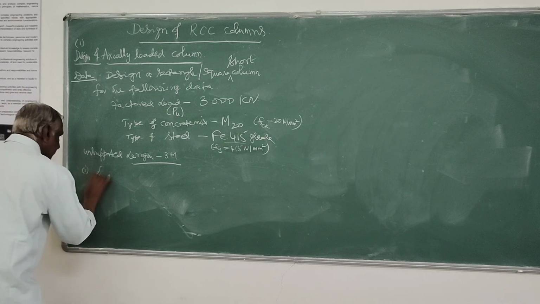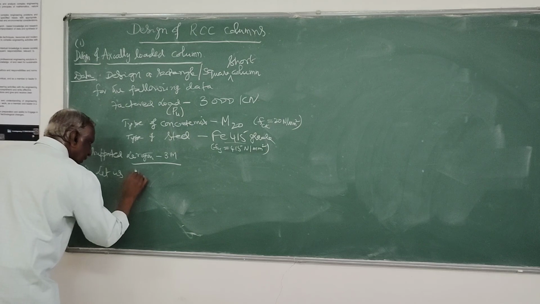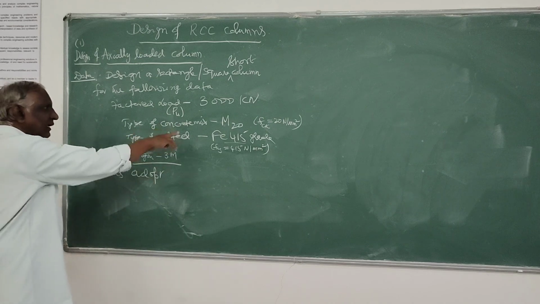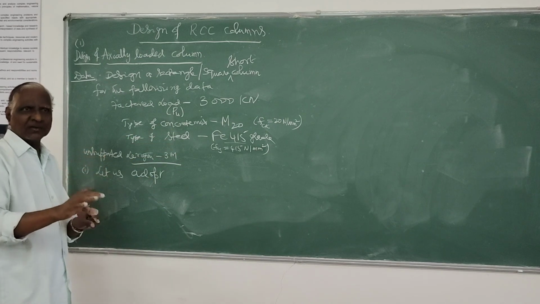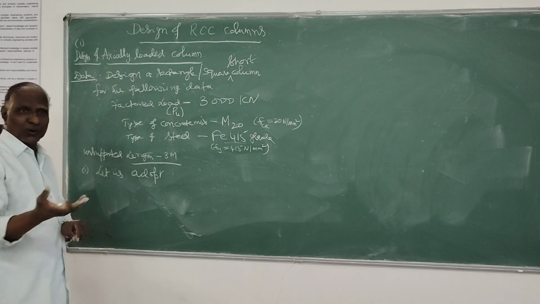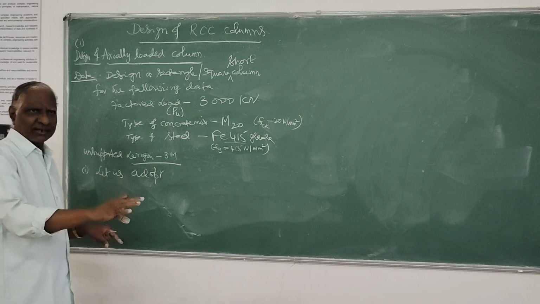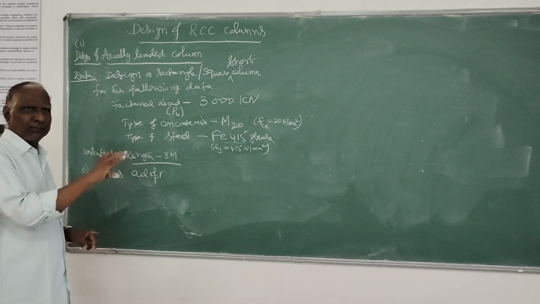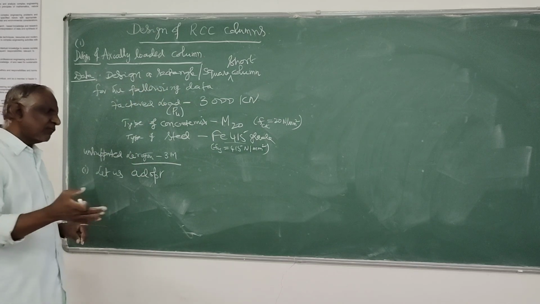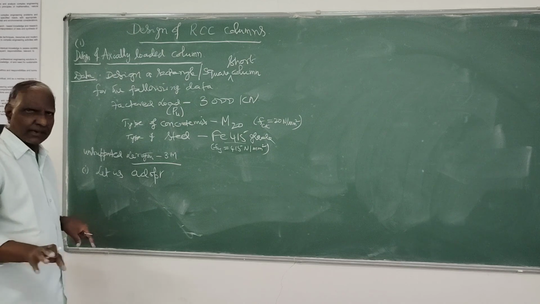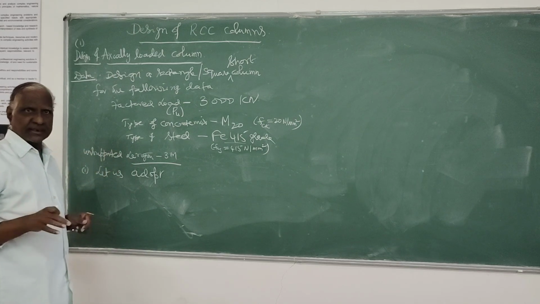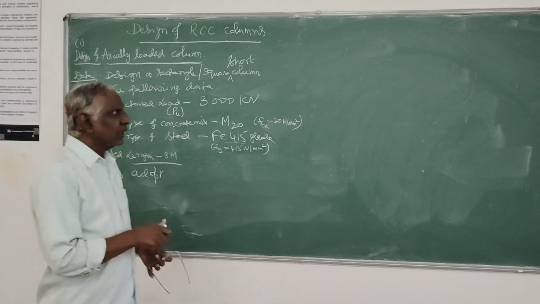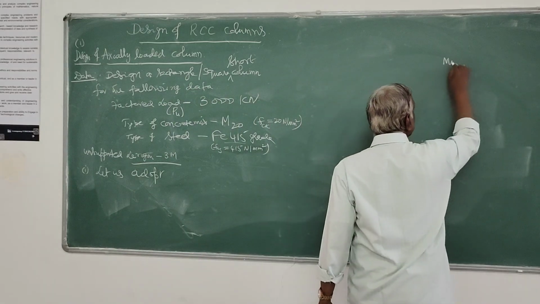So what you do is, let us adopt a percentage of steel, because the dimension you can arrive at only based on the percentage of steel and the load. Here, the column section is not given. If they give the number of bars, you just check whether the column is capable of taking the load. In the absence of any other data, you can assume some percentage of steel, because the code gives a specific clause on the minimum percentage of steel.